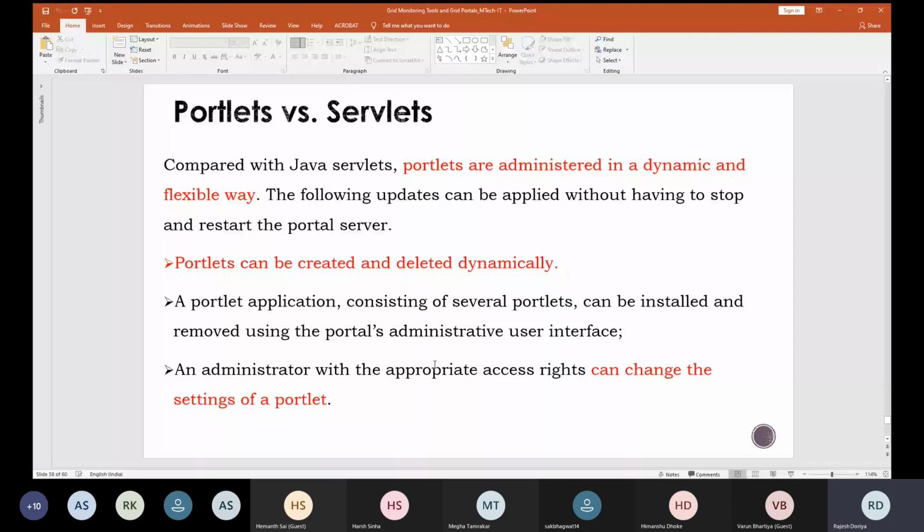An administrator with the appropriate access rights can also change the settings of a portlet. So you can see there are many things which can be done dynamically with portlets, while the same is not true with servlets.